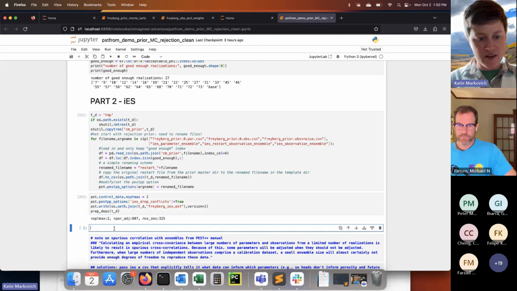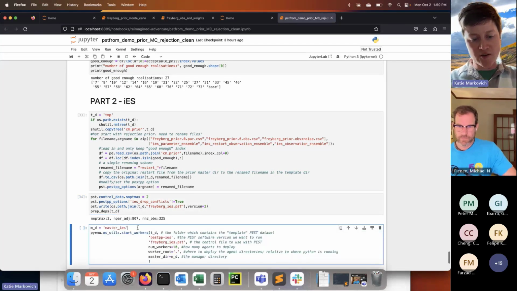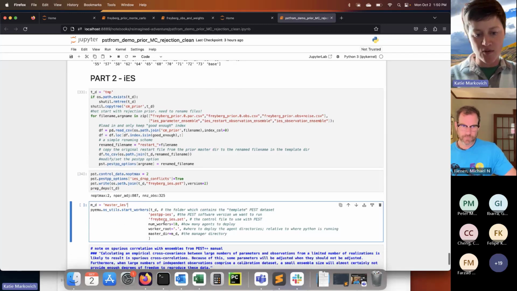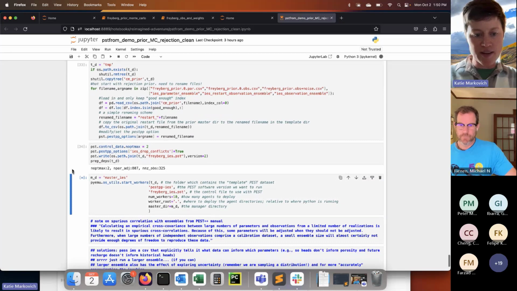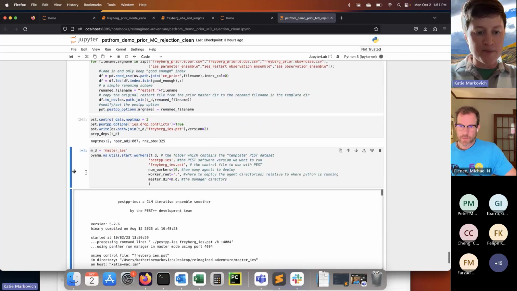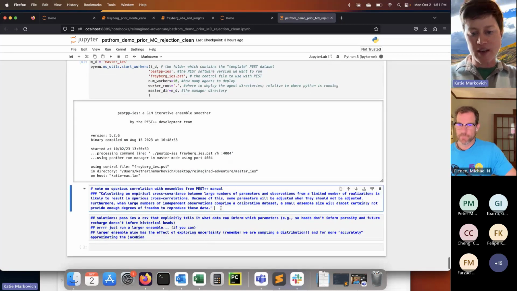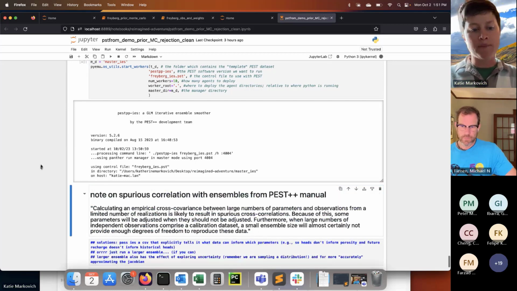So I give it a master file, or whatever you want to name it. This is going to be the main one that communicates with all those workers. Tell it that template. We're running IES as opposed to MOU or opt or something like that, and then give it our number of workers and the root directory for the workers. So while that's going, the main thing that I wanted to talk about